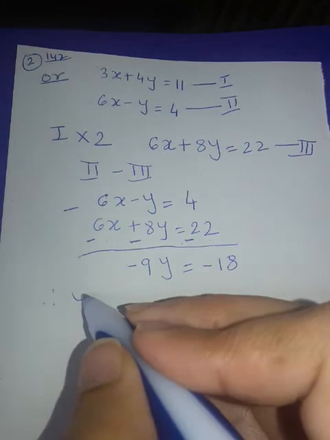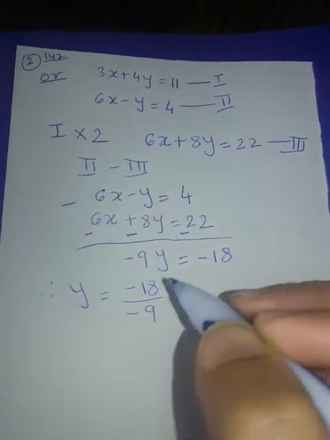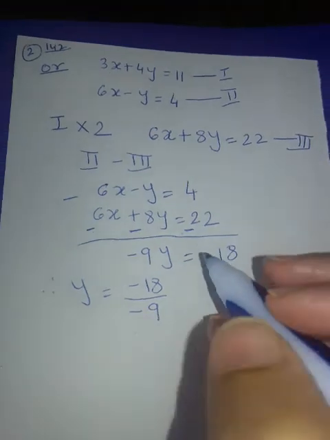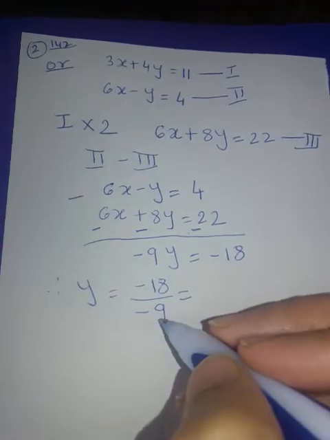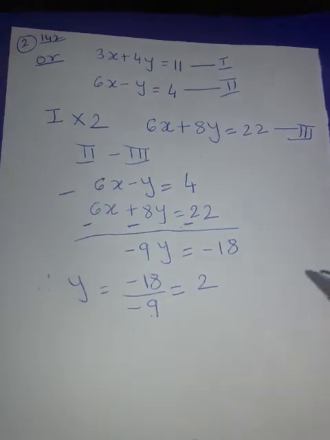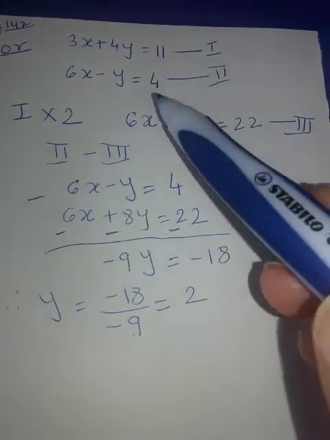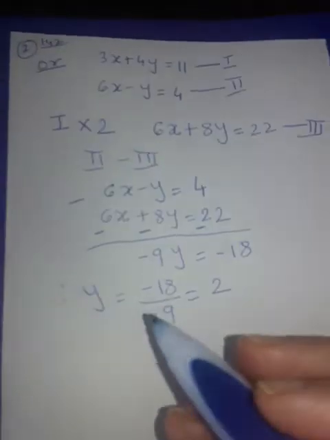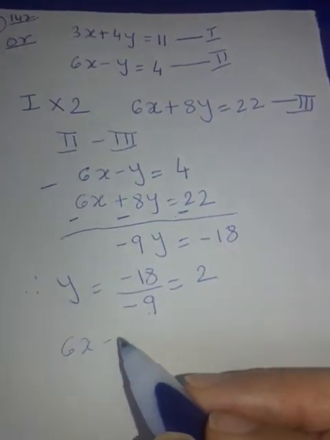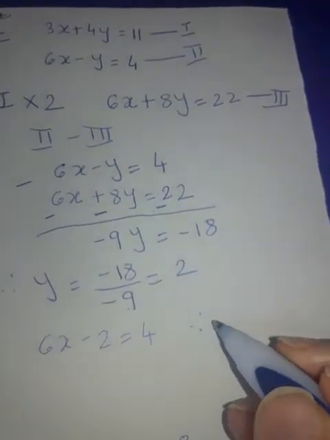So what will be y? Minus 18 upon minus 9. It goes into the denominator. Minus upon minus, so the answer is plus. 9 twos are 18. So y is equal to 2. Now if I substitute this y in equation 2, what will I get? 6x minus 2 is equal to 4. Therefore,